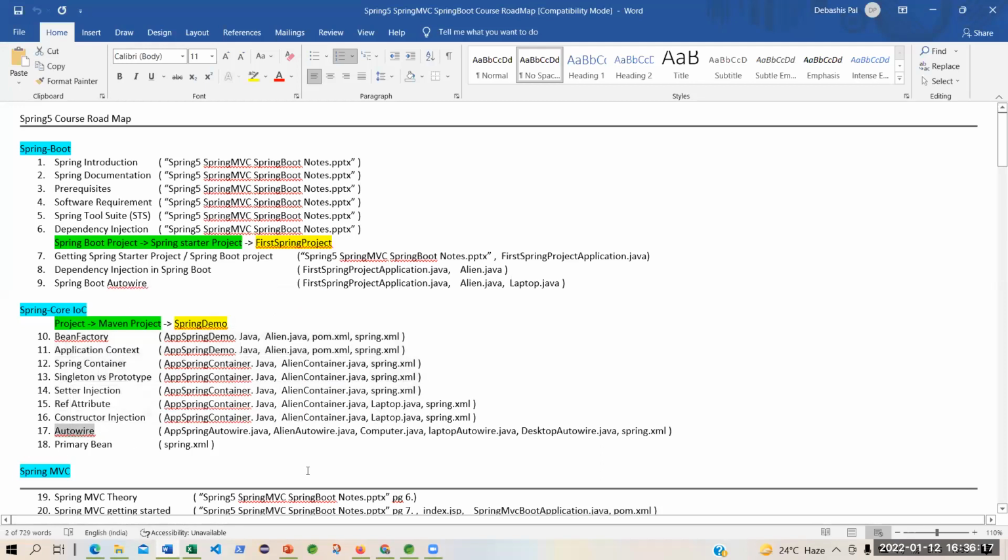Spring has come up with AutoWire. But unless you know all this part, will you be able to appreciate and understand AutoWire? My question to you: if you do not know the history of a country like India, will you feel proud of your country?